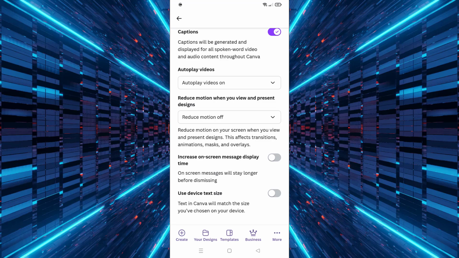This feature is especially helpful if you prefer fewer animations or want a smoother and less distracting experience while using